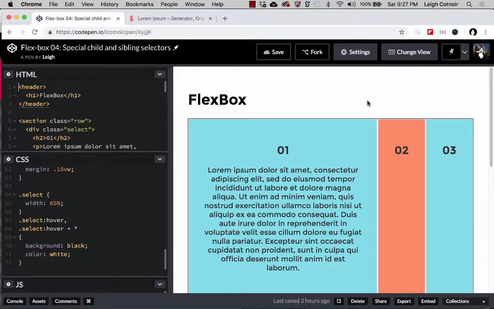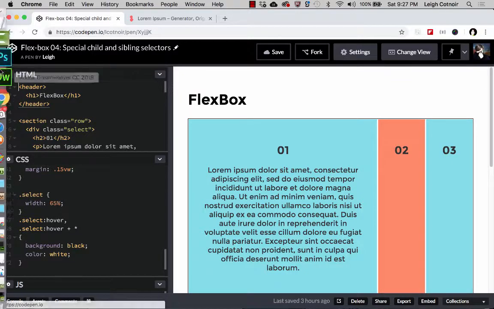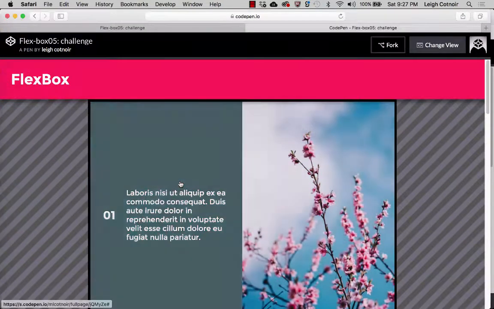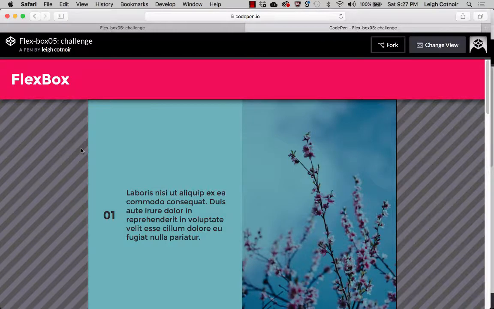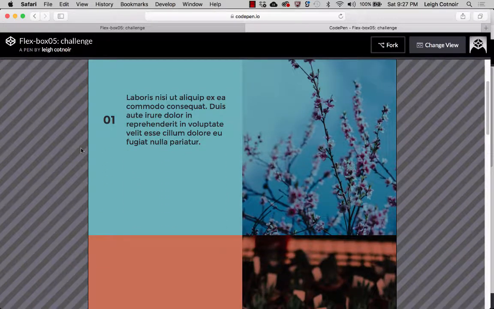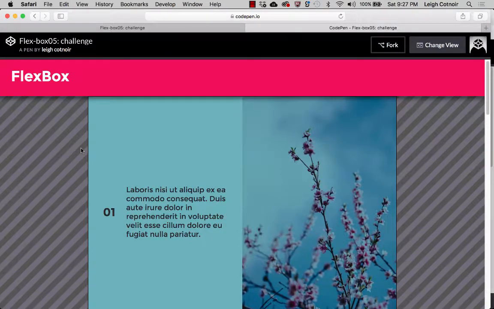Okay, so now that we've done some basic Flexbox stuff and now that we've done some special child combinator and sibling selector stuff, let's do something that's a much more challenging Flexbox layout. So I'm going to take a peek over here just to show you where we might be going with this. We're going to be doing a lot of refactoring if you follow along, where you are essentially taking the basic same structure, but you're going to be doing a few things a little bit differently